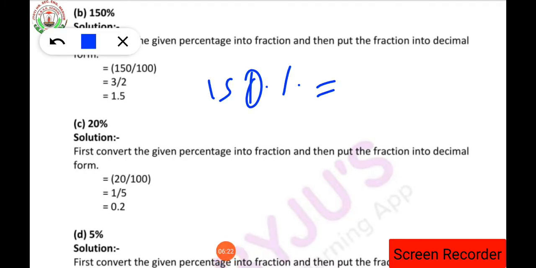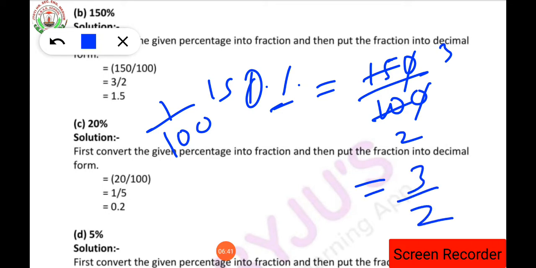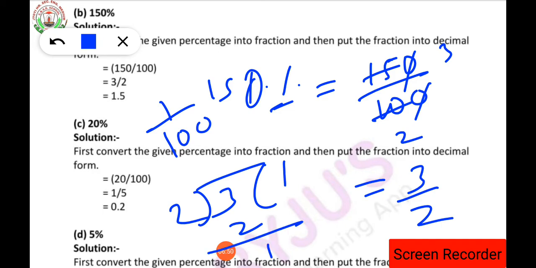150%. In order to convert it into a decimal fraction, what you have to do, 150 will be percent notation, that means 1 by 100, isn't it? So here 100 will come, so 0 will get cancelled, 5 2s are 10 and 5 3s are 15, so 3 by 2 we will get as the answer in fraction form. Since it is asked in the form of a decimal fraction, divide it, you will get the required answer, and everybody knows how to divide, isn't it?